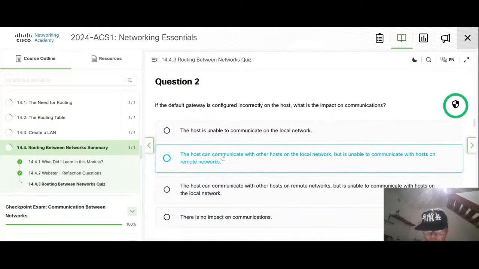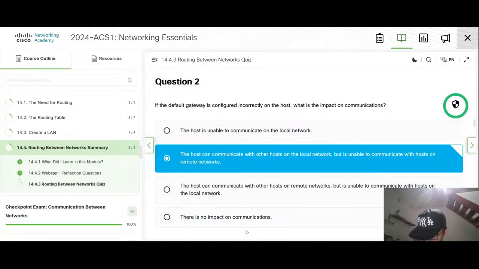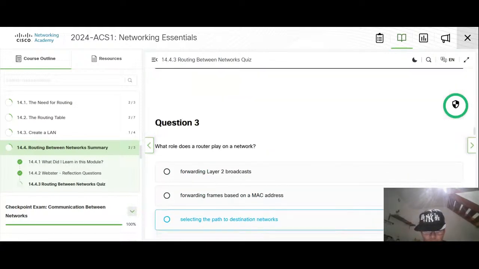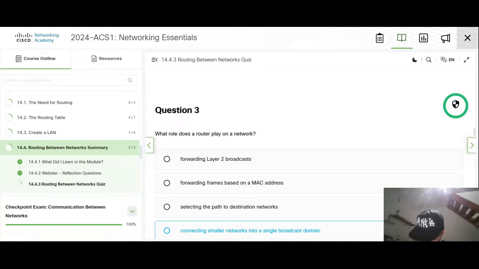Cannot communicate on the networks. Router plays on the network.